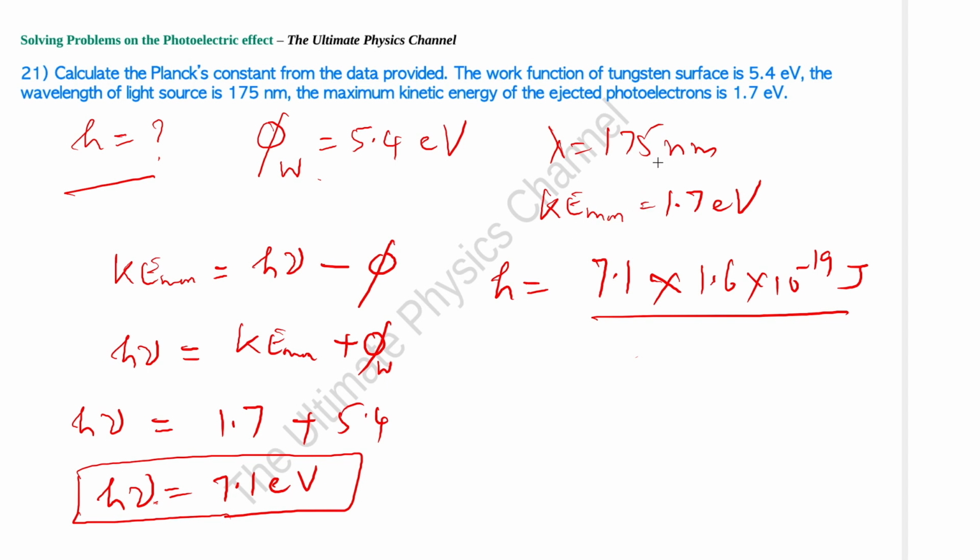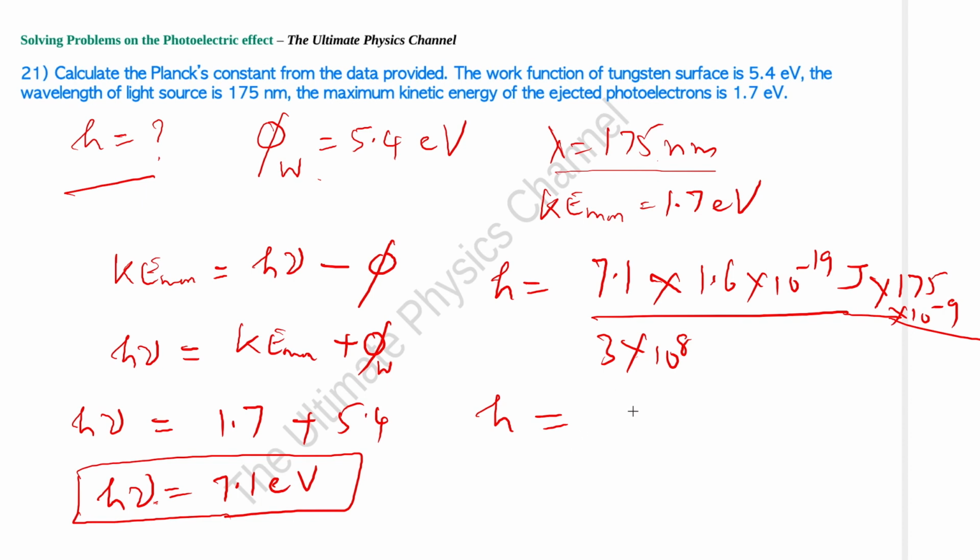Nu is c over lambda, and lambda is given as 175 nanometers. So c is 3 times 10 power 8 over lambda, that goes to the numerator as 175 nanometers times 10 power minus 9. So if you work out these numbers,